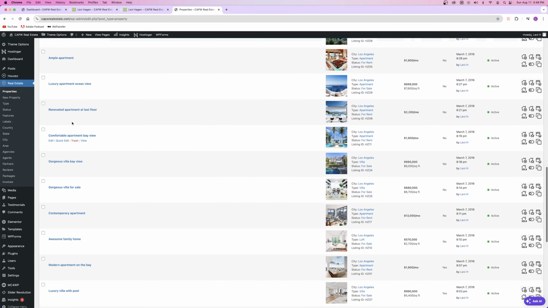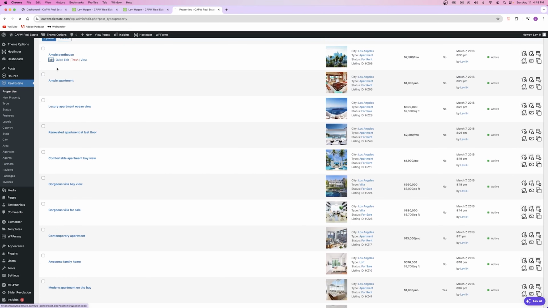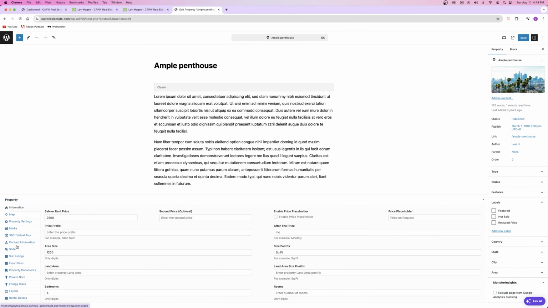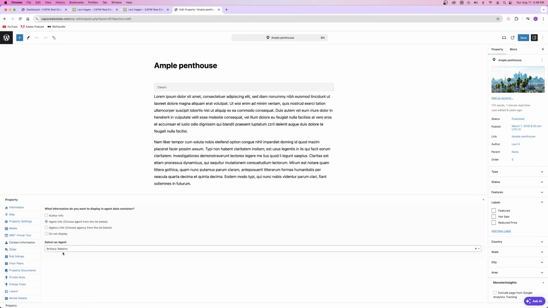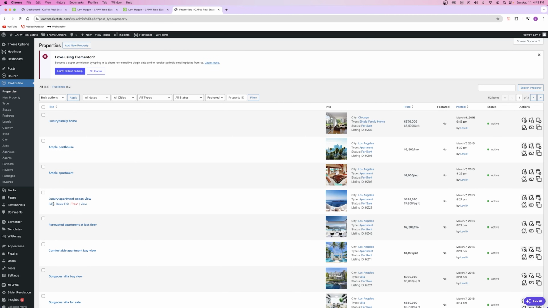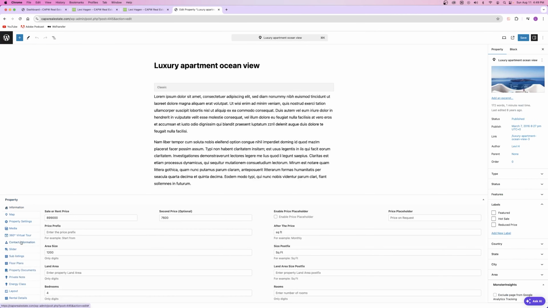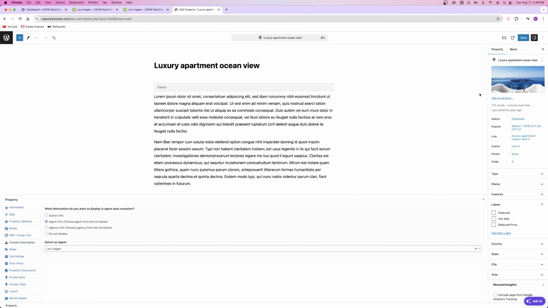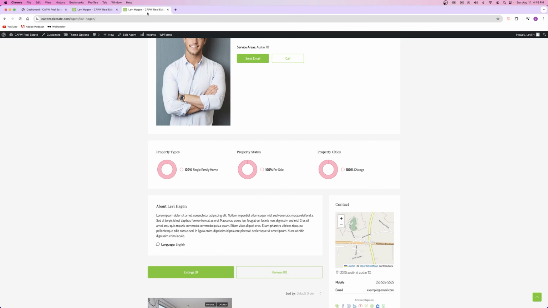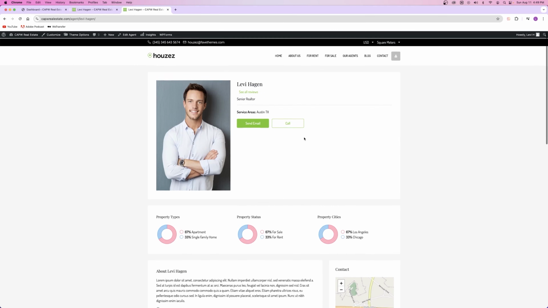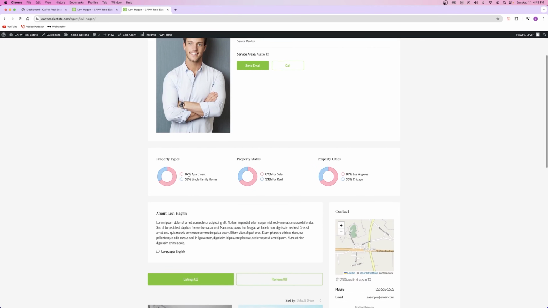So we'll scroll back down. Let's pick 1 or 2 more properties really fast. I'm gonna click on edit. I'll go over here to contact information, change this to Levi, save. And then we'll do this 1 more time with 1 other property really fast. Let's just pick this one and we'll go to contact information, Levi, save. Okay, close out. Refresh the page and you'll see that under Levi Hagen, I am selling 67% apartments, 33% family